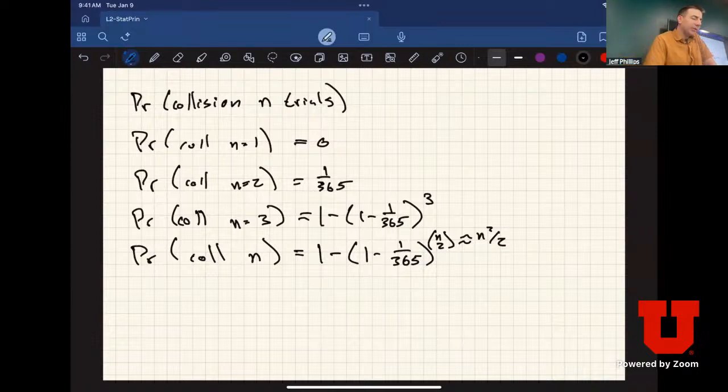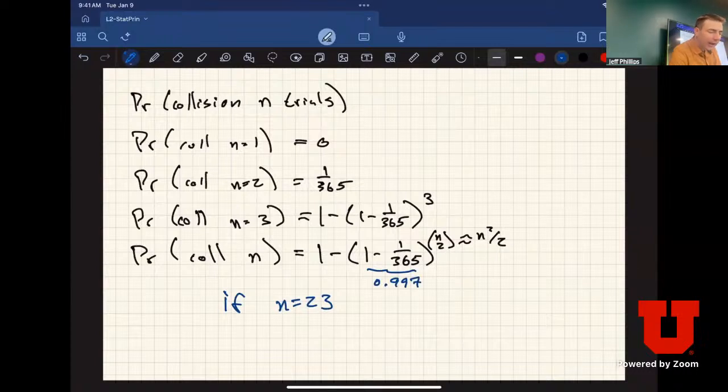What's good about this is that I can actually get a pretty good estimate of half the time. If N equals 23, 23 is kind of the magic number. More than half the time, if you have 23 people or 24 people, you will get a collision. If I say K equals 23, then I will plug this in. I will get something like this number, which is about